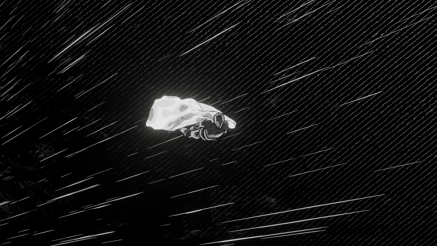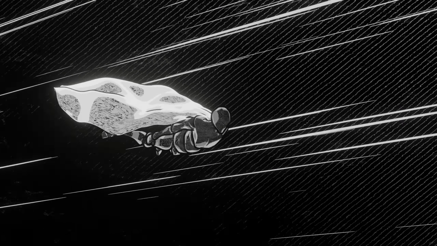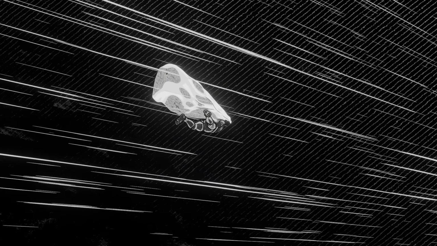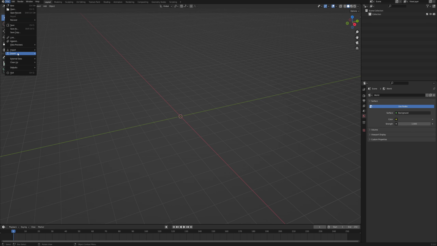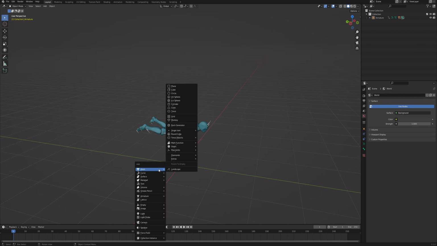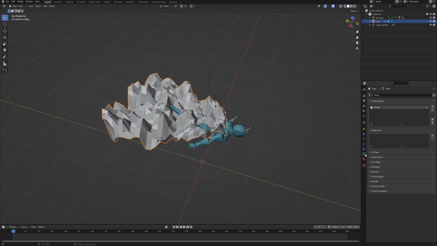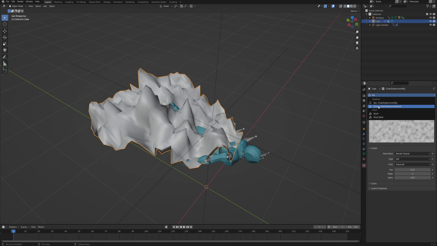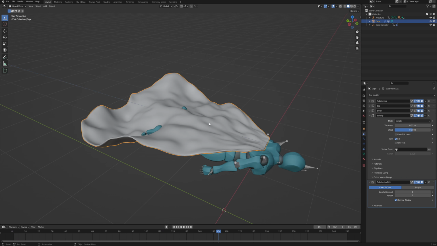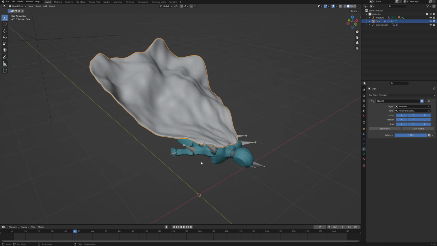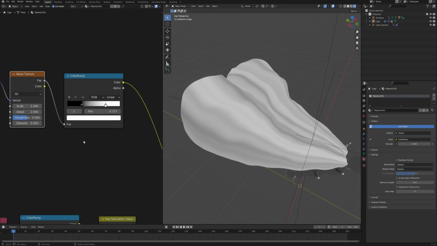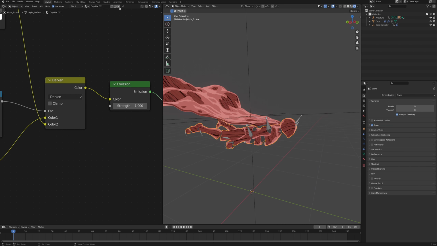Hey, so in today's video I want to share with you my whole creation process of this scene that you've seen in the intro, starting from downloading the character and the animation from Mixamo. Then I will show you how to model the cape in a procedural way, so on every stage, even after everything is finished, you will still be able to modify how the cape looks in terms of geometry and shape. Then we will create the manga style shader for both the character and the cape.